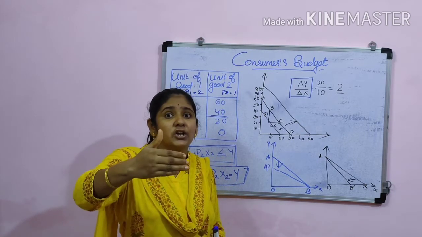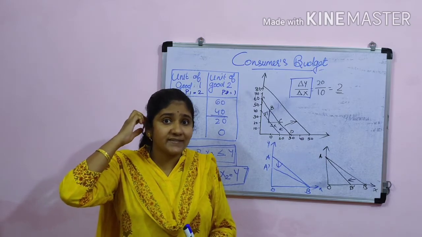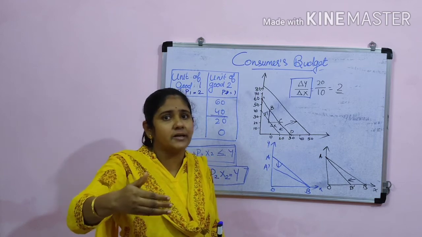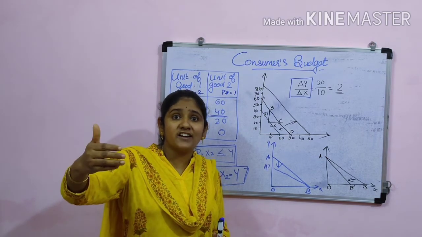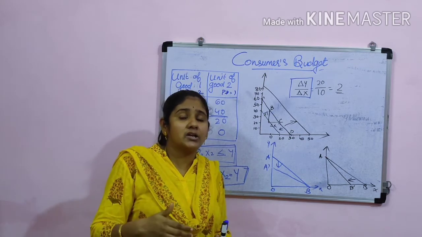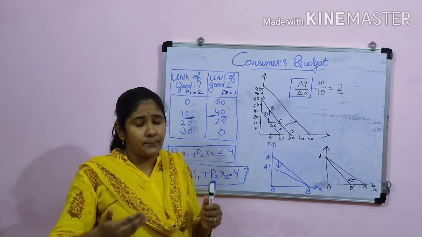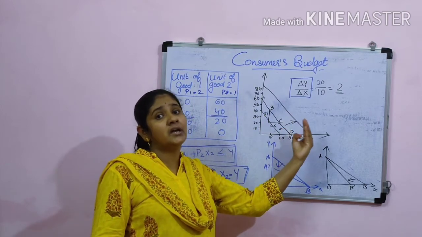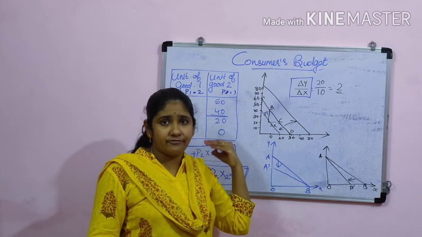When income increases, our purchasing power increases. Imagine that your salary before was 5,000 and now it became 10,000. You will be able to purchase more amount of the commodity. Otherwise, if your salary before was 10,000 and right now you are getting only 5,000, now your purchasing power decreases and it is showing a downward shift. It is shifting to the left direction.